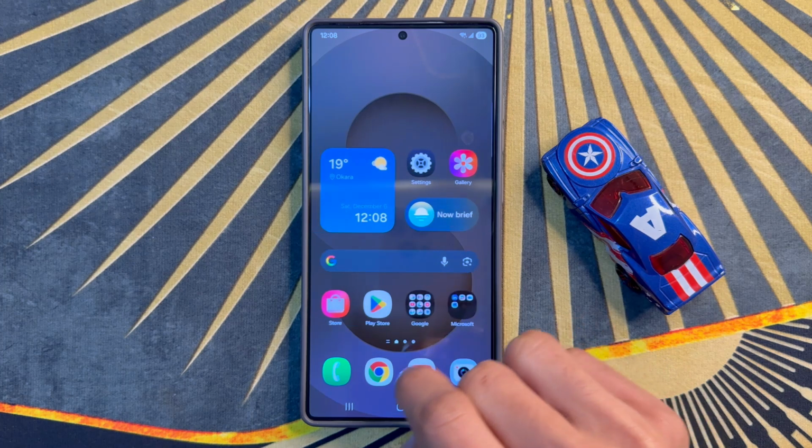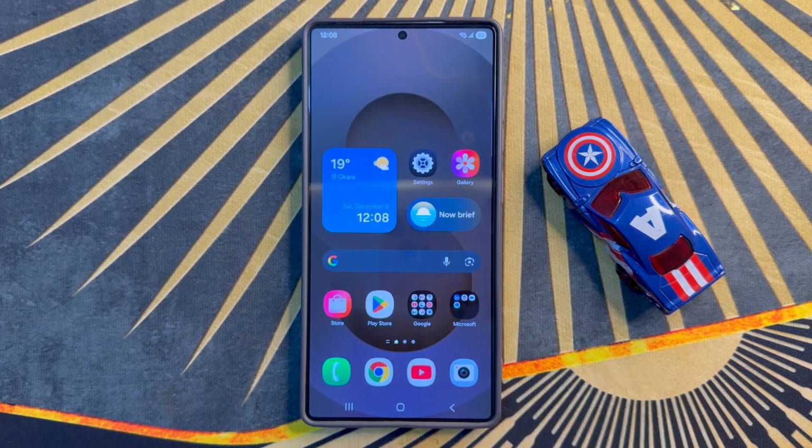After the process, go back to home screen and refresh the phone. So that's how you can add a contact direct dial shortcut to the home screen on Samsung Galaxy